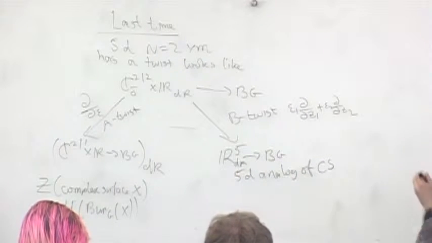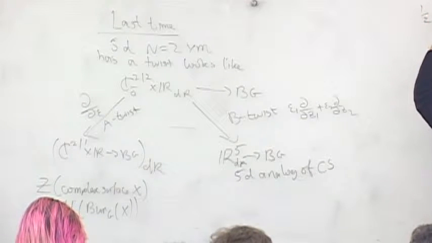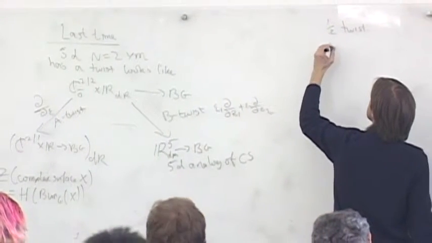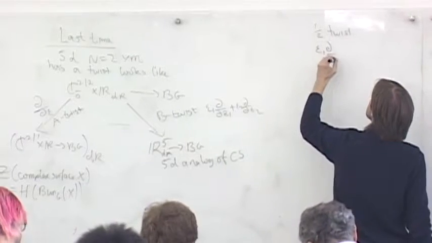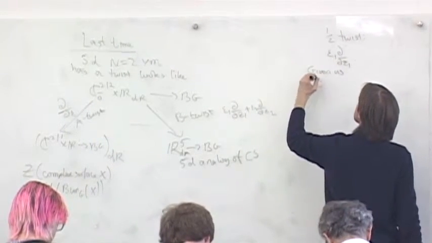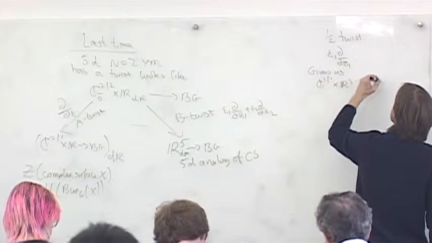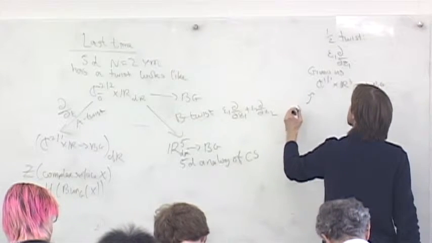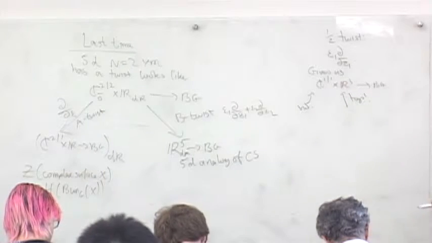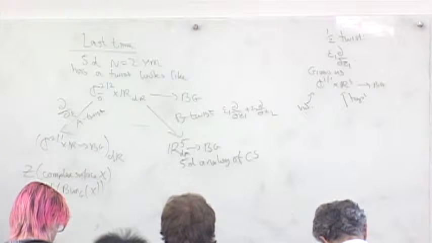And also there was a kind of half twist where we use the supercharge like epsilon 1 d by dz1. This gives us C^1/1 cross R^3 to BG. And here in this direction it's holomorphic. In this direction it's topological. OK, so I'm writing these down for you right now because